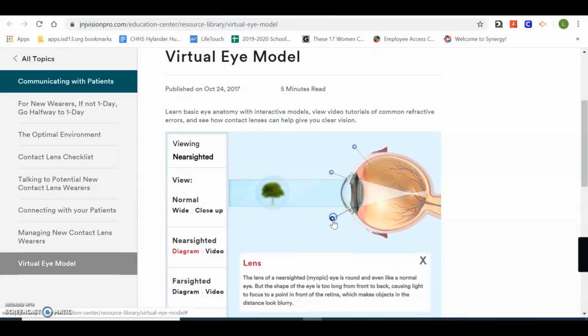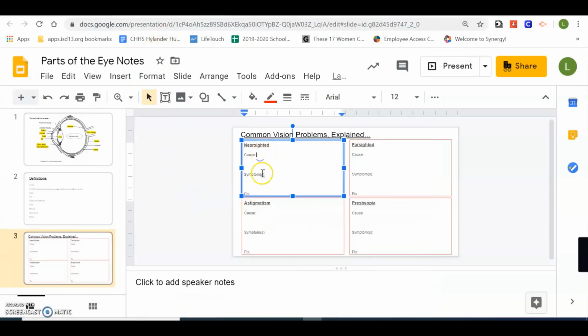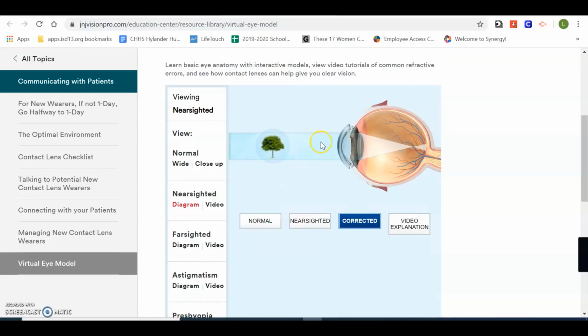So this part describes the problem with the lens. When you're nearsighted, the shape of the eye is too long, and so this thing right here, this intersection point, is the focal point of the image. So it says the shape of the eye is too long from front to back. So that's what you can type in right here for nearsighted. And then it'll talk about some symptoms, what happens,